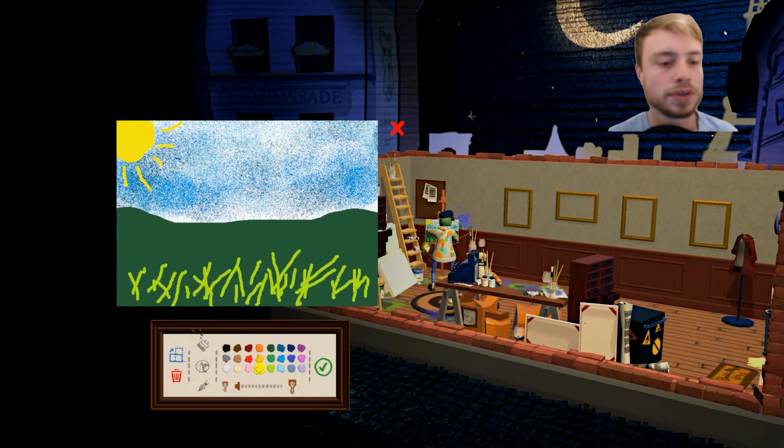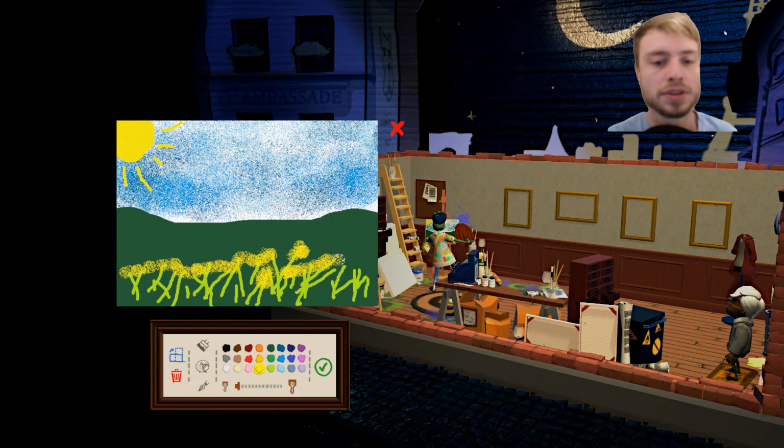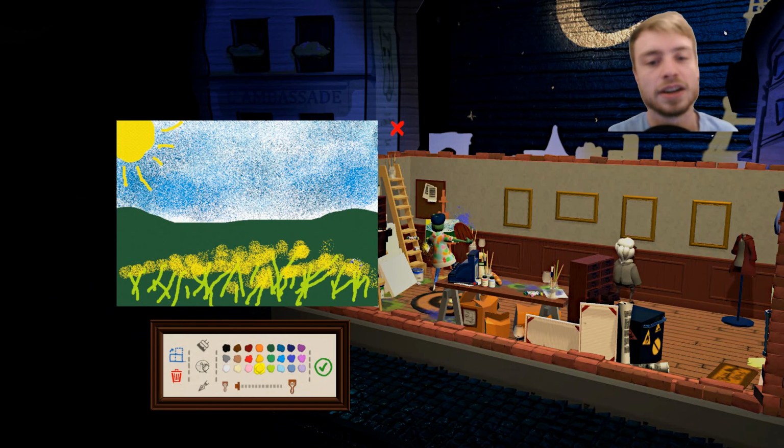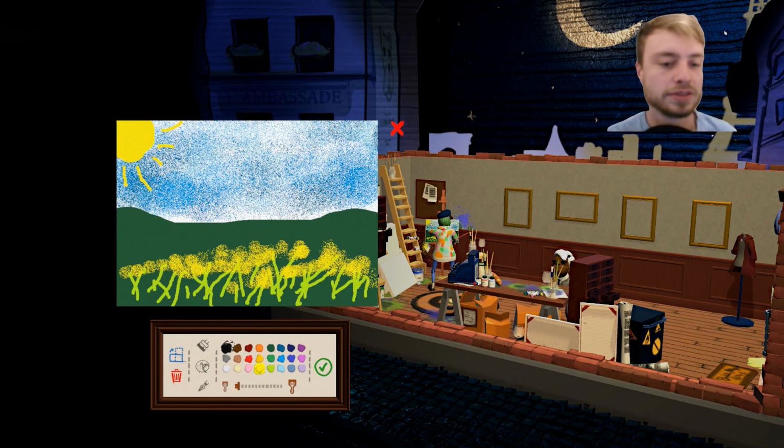And then you know what we're gonna do? We're gonna turn it all into flowers. It's a field of flowers, guys. Look at that. Look at that. See, even you can turn something that doesn't make any sense into a beautiful field of flowers. As far as the eye can see. I mean, kinda. Not really off into the sunset, but